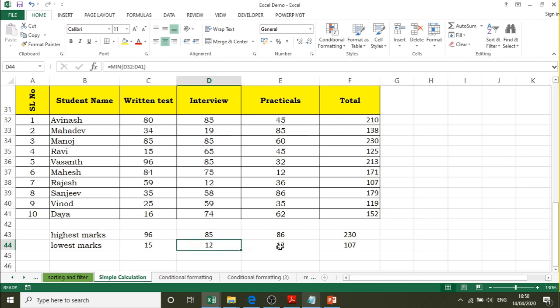So 12 is the minimum, 12 is the minimum here. You can change the values and cross check. Say, for example, 100. You see here, whenever the value changes, the calculation will also change.